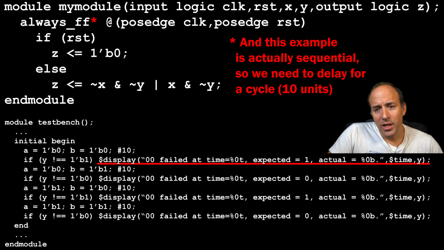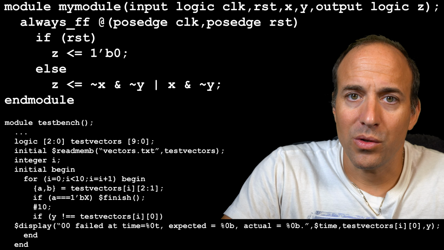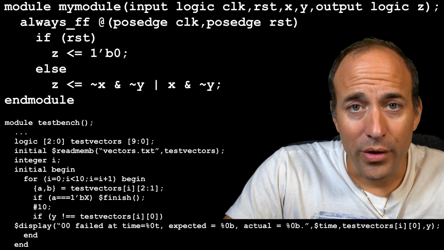Instead of having to hard code the inputs and the matching corresponding outputs in the SystemVerilog file, it may be easier to specify a separate file, or a test vectors file, that contains this information. This way we can keep the test inputs and outputs separate from the test bench implementation itself. To do this, you need only to declare a special 2D array to hold the test vectors and initialize it in an initial block. So we declare our test vectors,